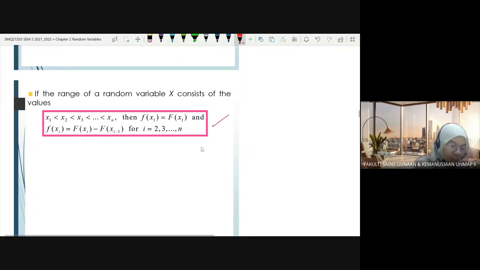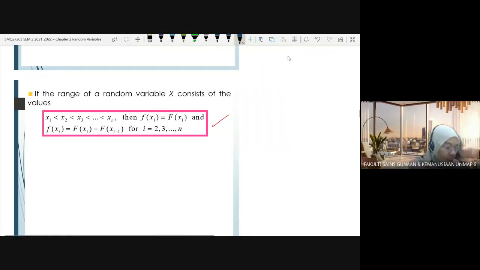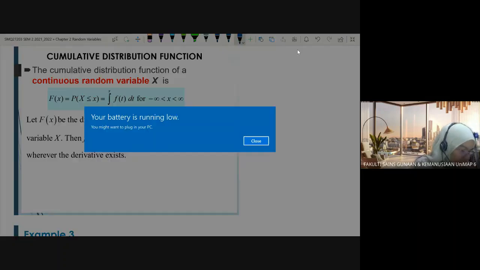We have seen this part last time, so let us see how these particular things reflect for continuous random variable. So for the cumulative distribution function for continuous random variable x,